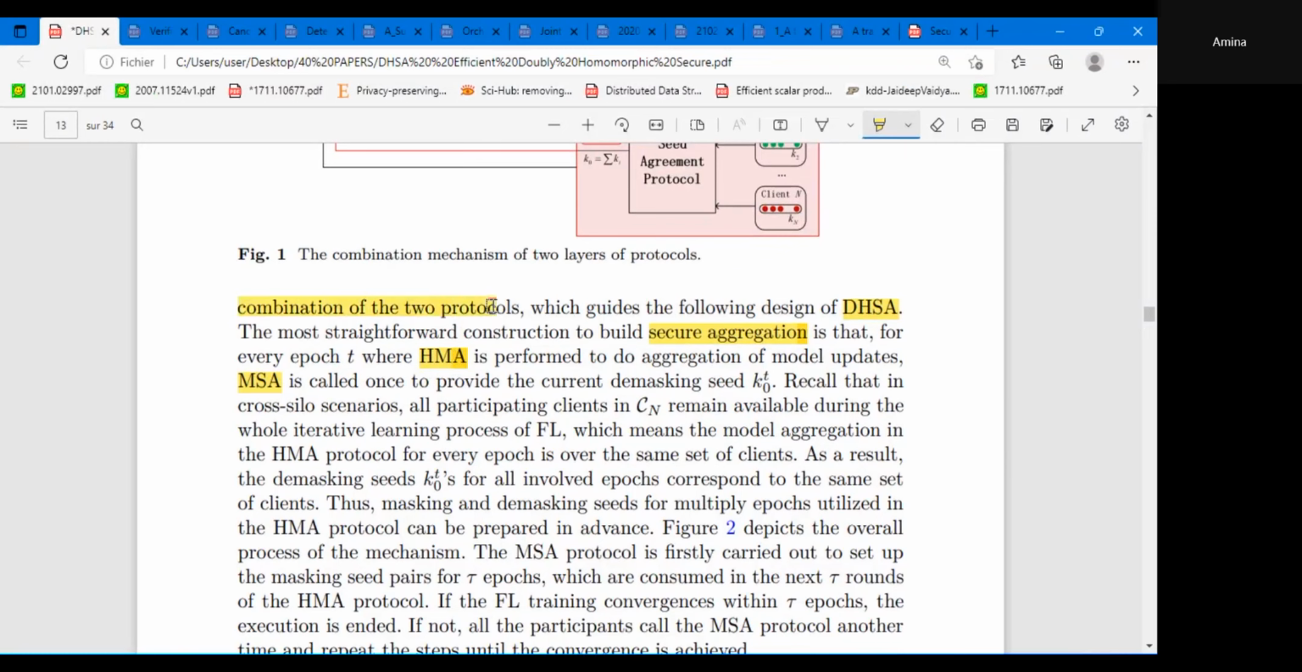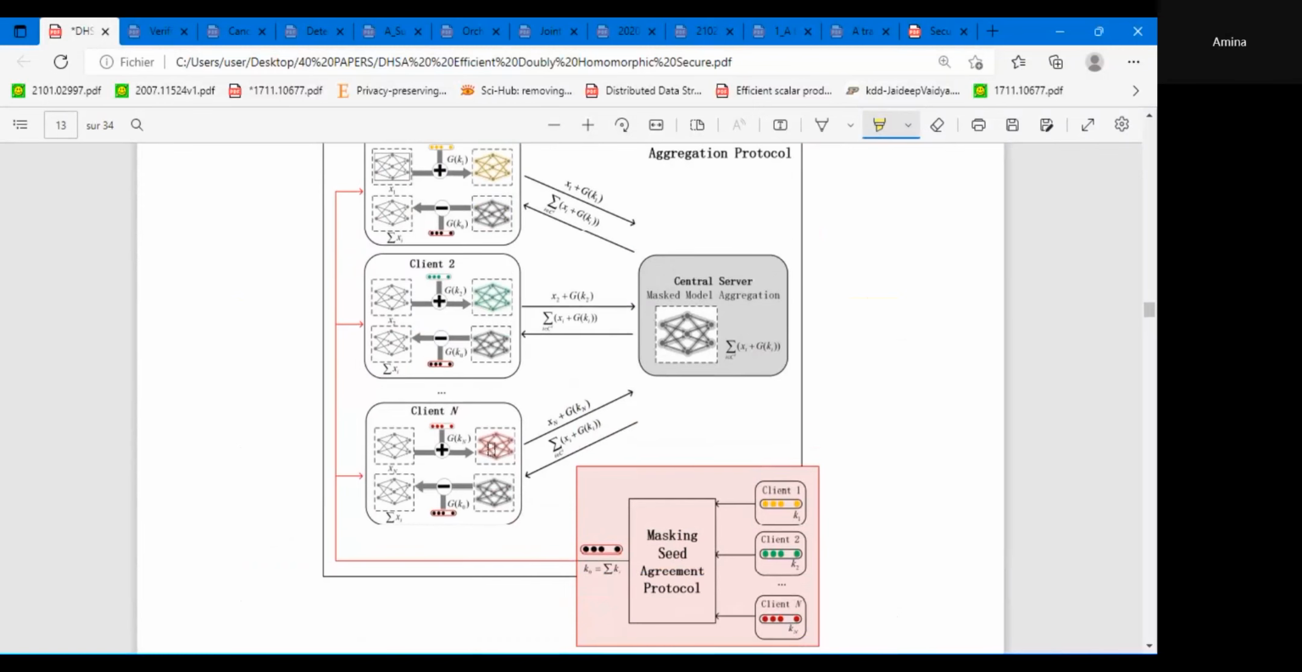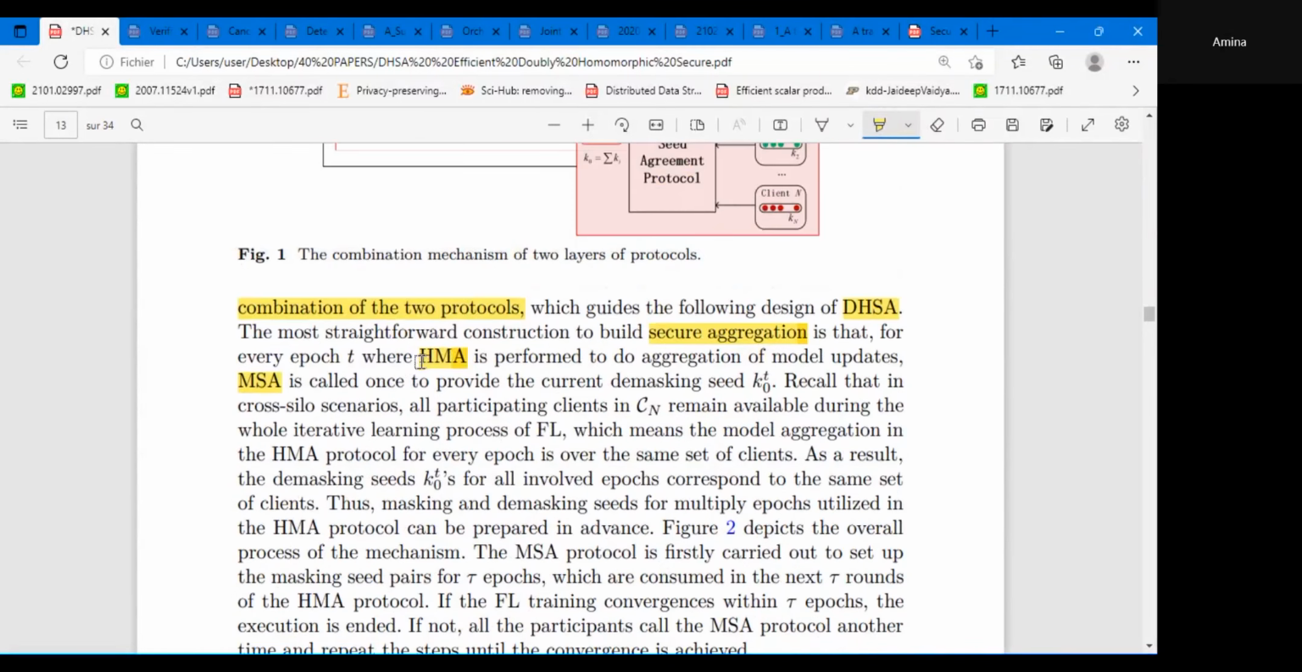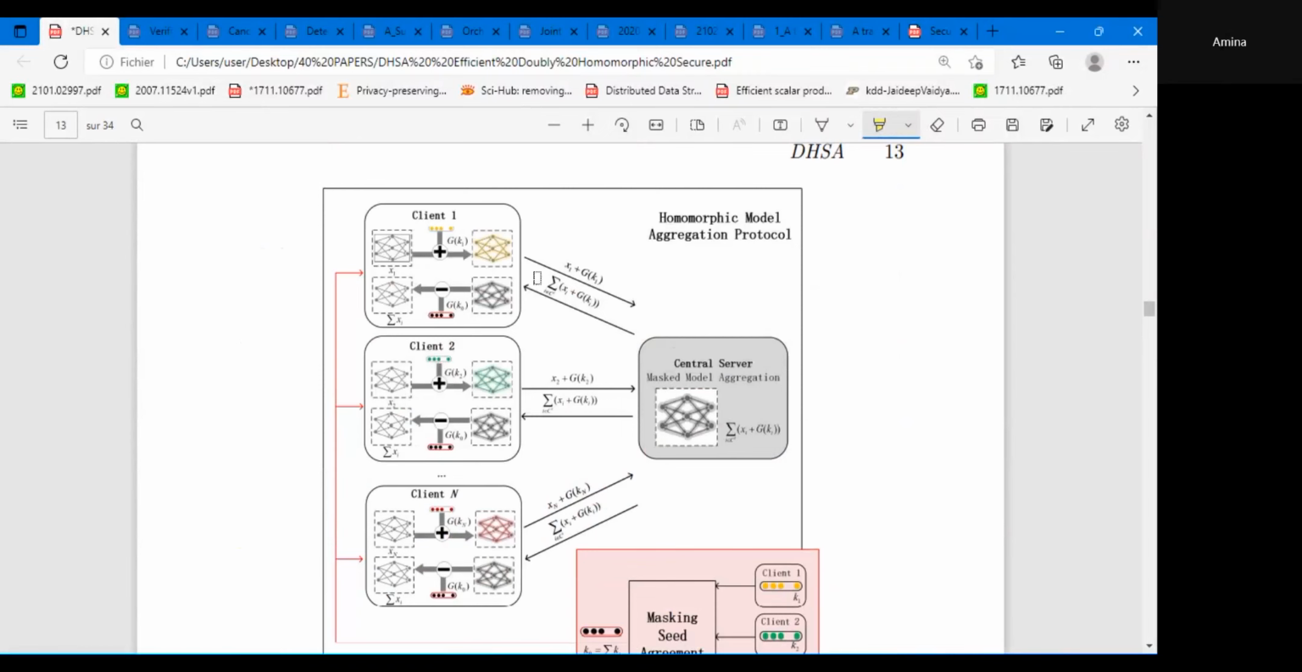Here we have a combination of the two protocols. The first protocol is the homomorphic masked aggregation, then the masked secure aggregation, which guide the following design of the doubly homomorphic secure aggregation. The most straightforward construction to build secure aggregation is that for every epoch T, where is T? Like for every epoch, the homomorphic masked aggregation, which is this one,